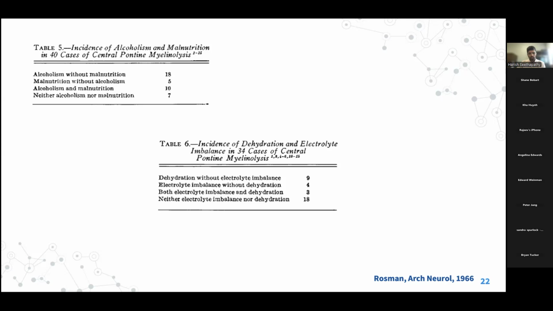He also thought he'd look at electrolyte imbalance. In those days, hyponatremia was chiefly described as dehydration. So he wanted to see if perhaps there were electrolyte derangements that could lead to this disease. It was sort of hit and miss. Half of the cases didn't have anything. Some cases had some electrolyte imbalance, some cases were described as having dehydration or hyponatremia, but there wasn't a clear association that you could see at that time.